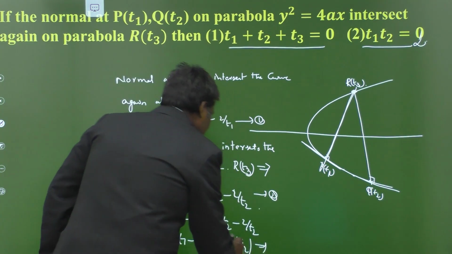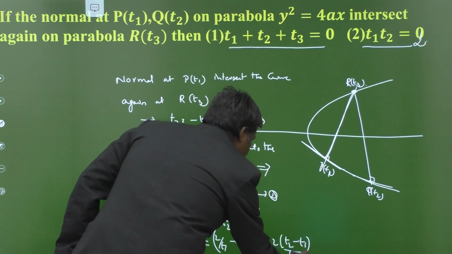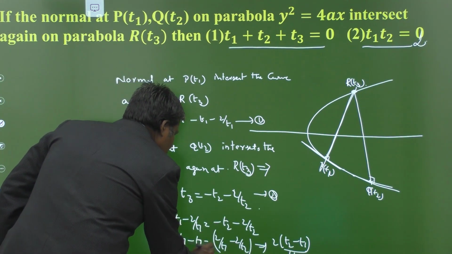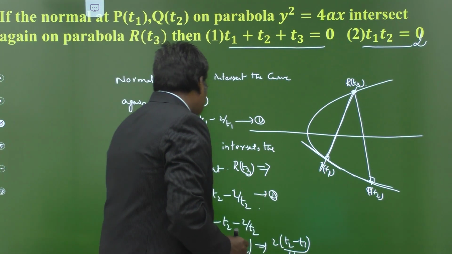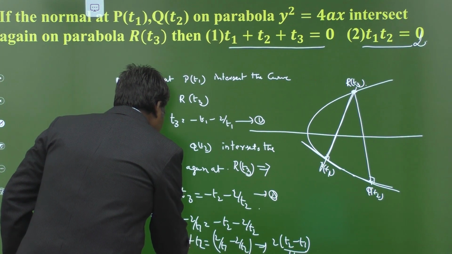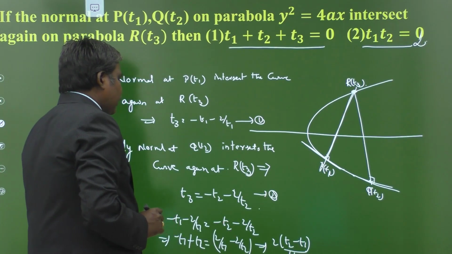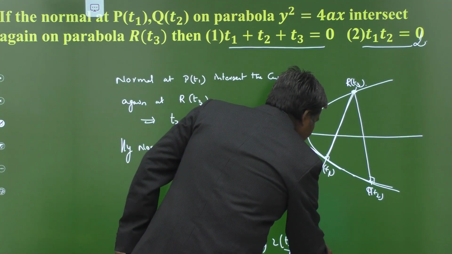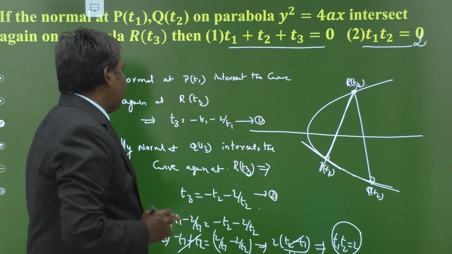So this can be written as 2 times of (T2 minus T1) by T1 T2. T1 T2 is the LCM. So T1 minus T2 is equal to 2 times of (T2 minus T1) by T1 T2. So T1 T2 is what now? This is T2 plus (T2 minus T1). This is one. (T2 minus T1) is equal to 2 by T1 minus 2 by T2. So T2 minus T1, T2 minus T1 gets cancelled. Therefore T1 T2 is equal to 2. The value of T1 T2 is 2 we have.